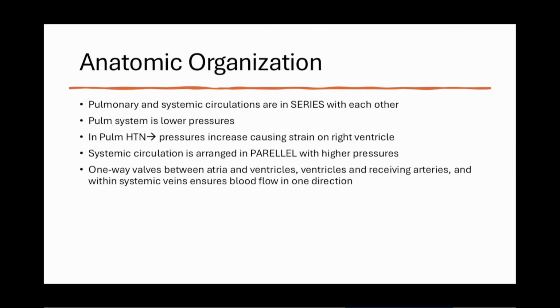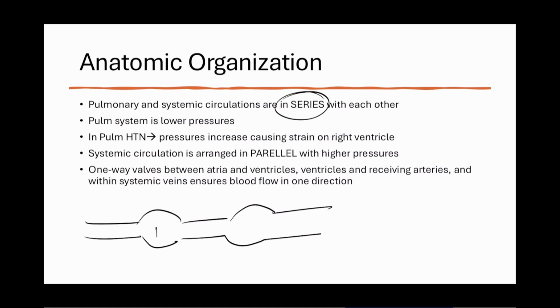The pulmonary and systemic circulation are in series with each other. Those of you who hated physics, we're bringing it all back right now. Okay? The whole cardiovascular system is all physics-based. You don't need a calculator, but you'll see where they come in. So, in series, we have the pulmonary circulation, we have the systemic or the body circulation, I'll put systemic. And then it goes again to the pulmonary and the systemic. It's in series. They go one after the other after the other.